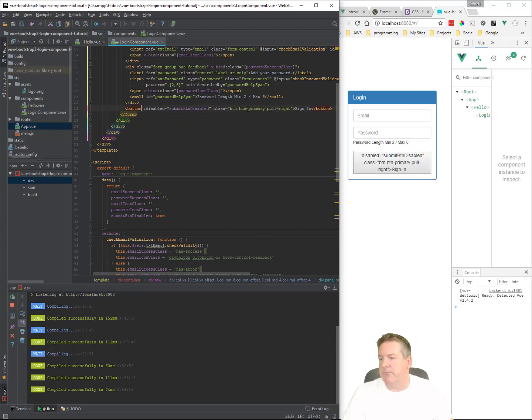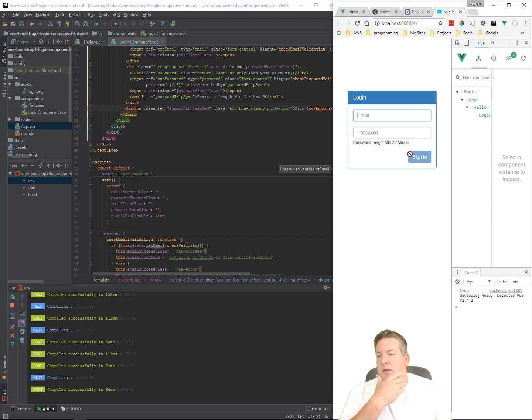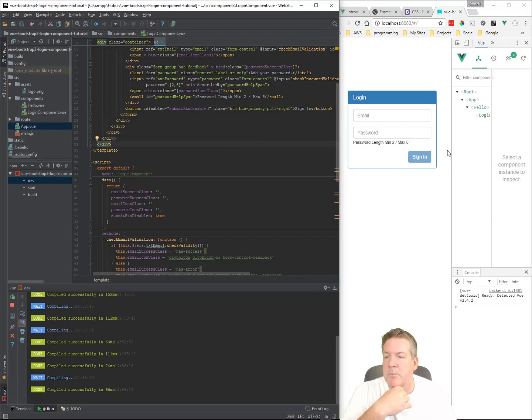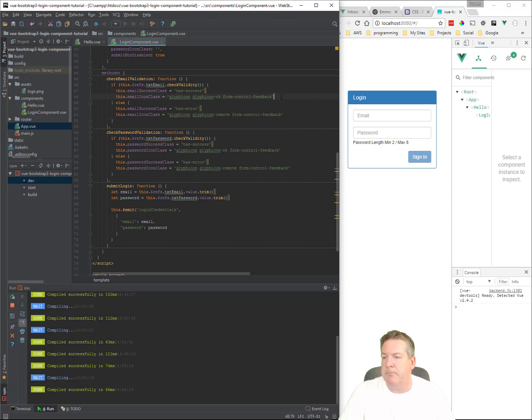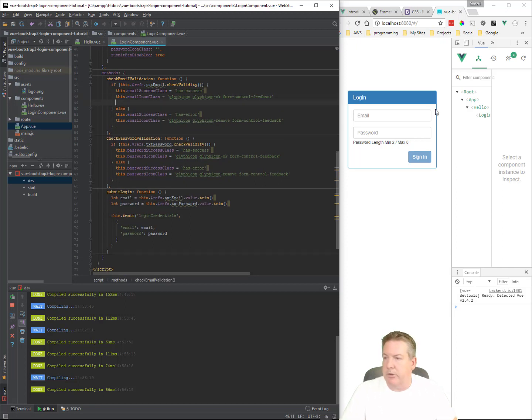There we go. Just force an error on it. There we go. Now it's disabled. So, what do we need to do now? Well, we need to enable the button when everything is good. So we'll simply say if